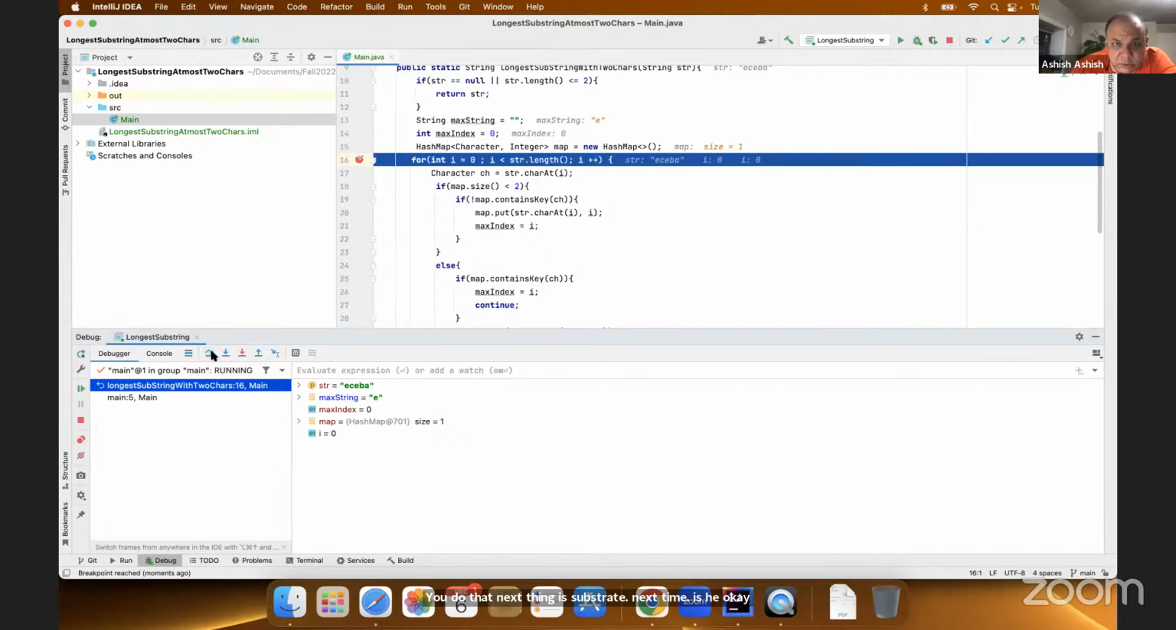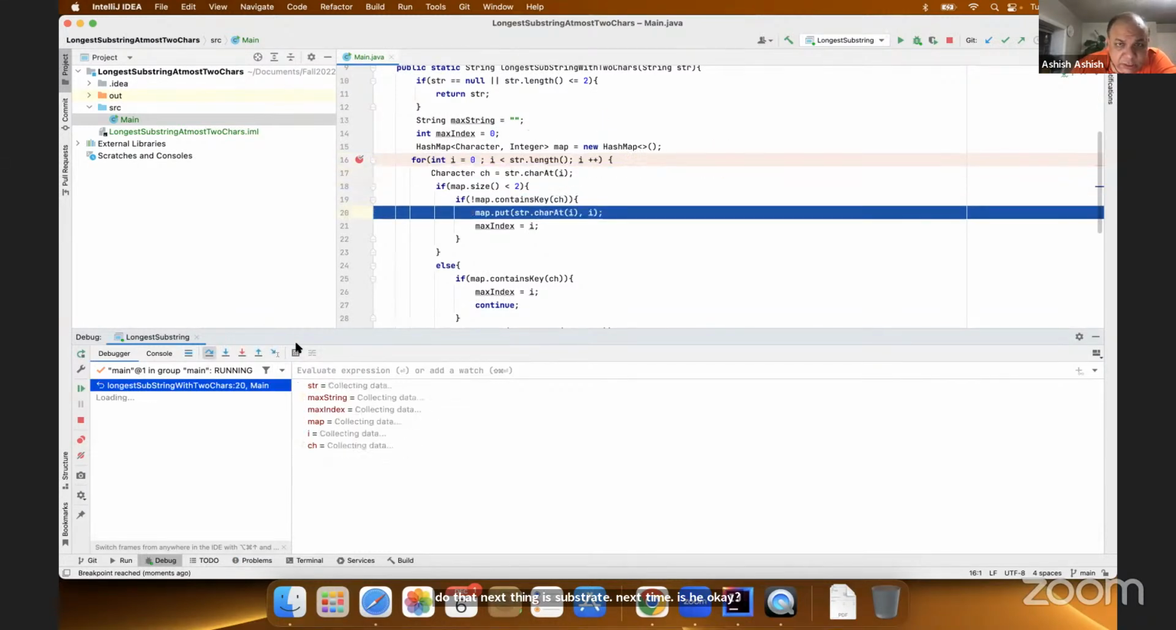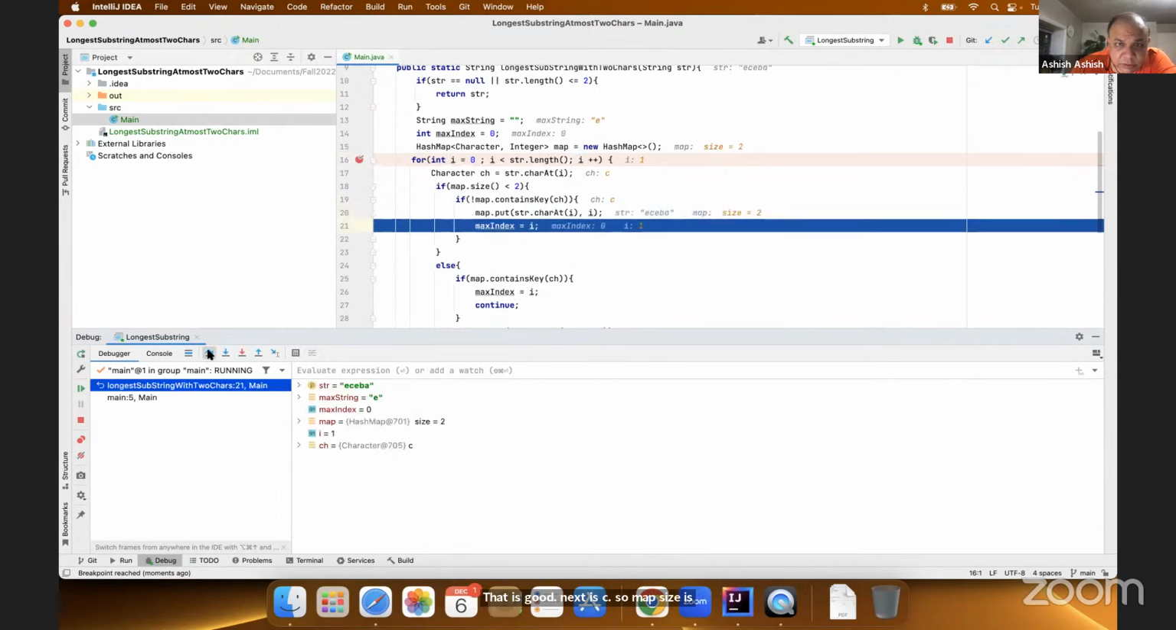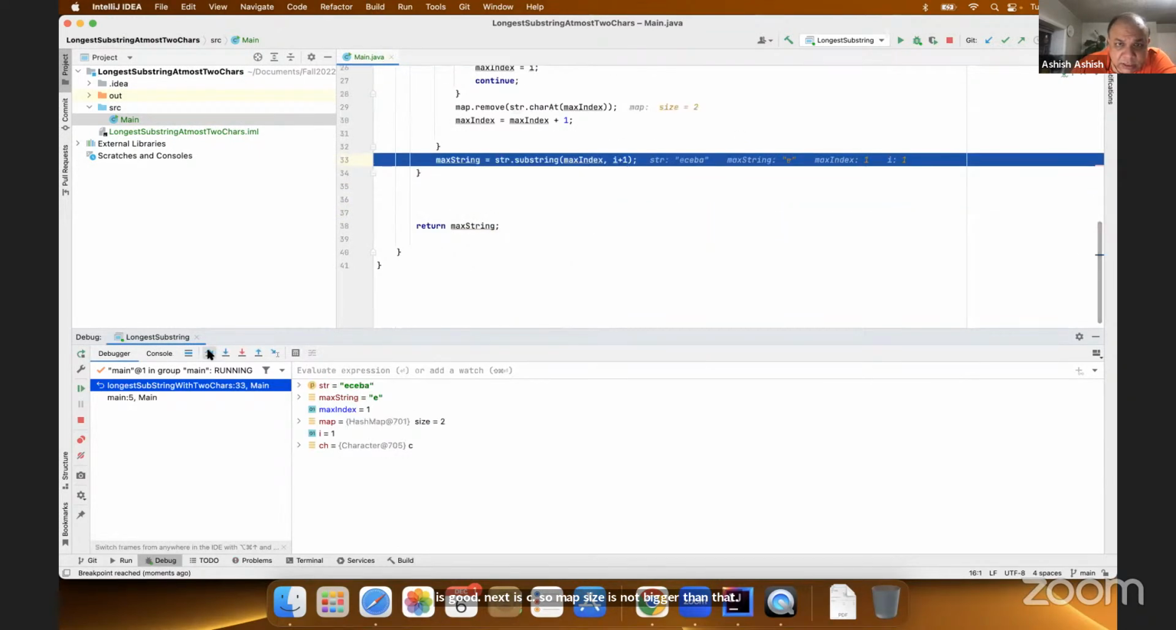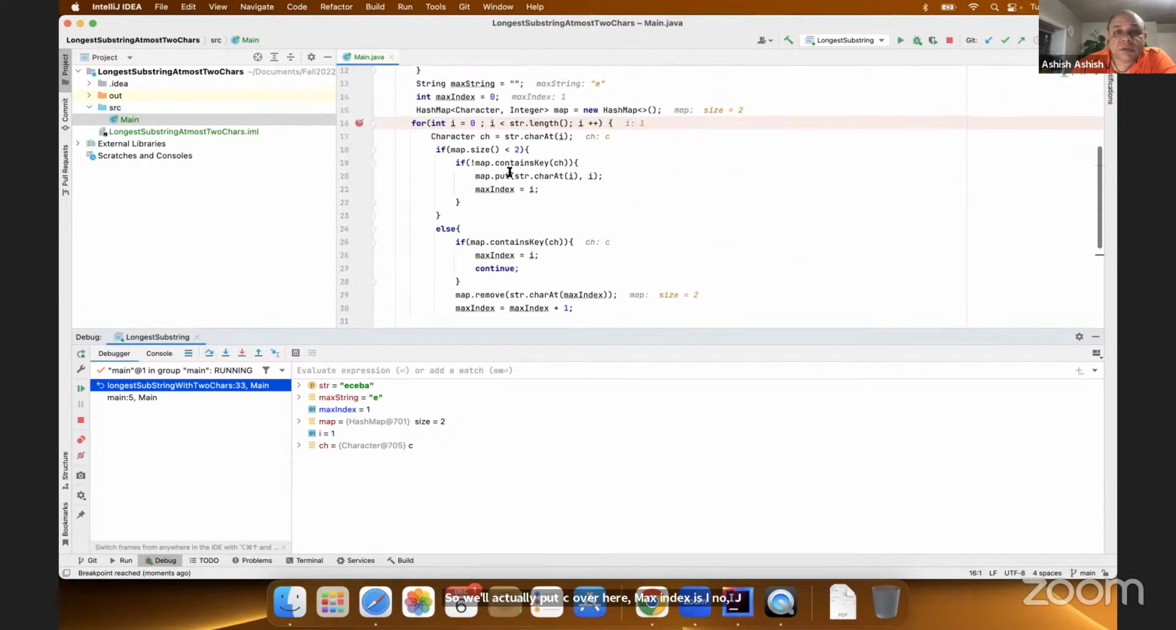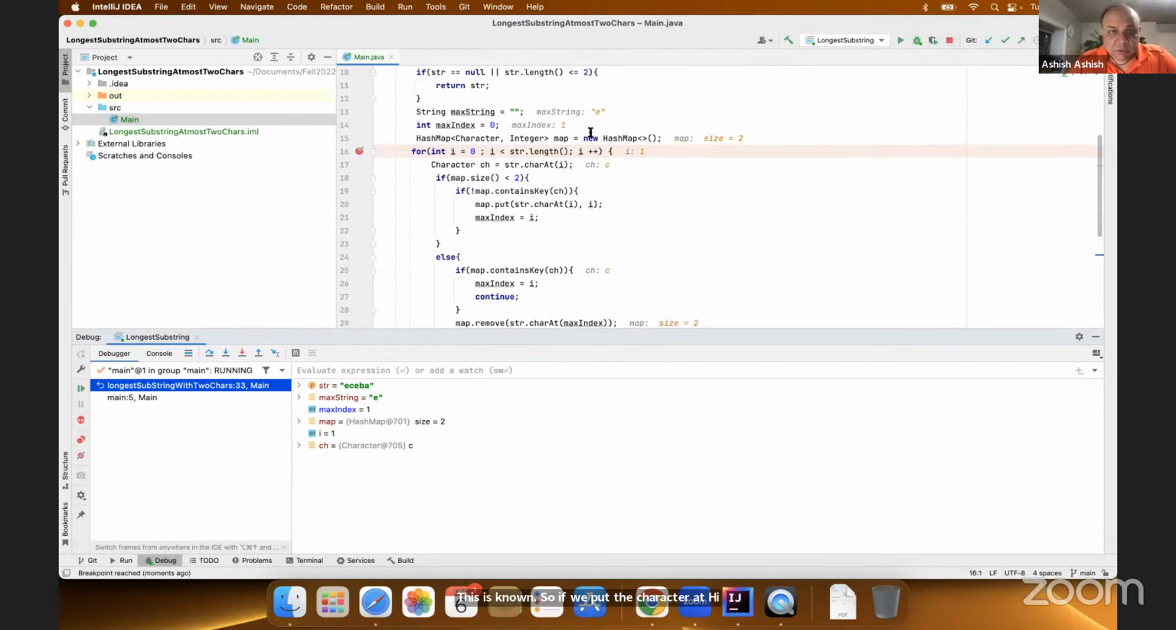Next is C. So map size is not bigger than that. So we'll actually put C over here. Max index is I. No, this is wrong. So if we put the character at I, we will take another variable. So if we take